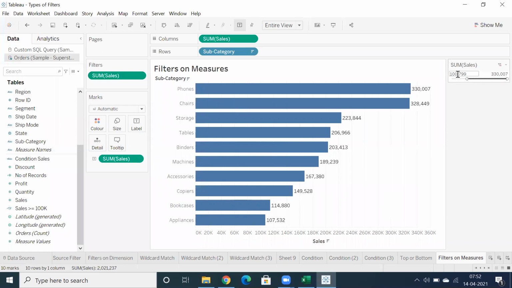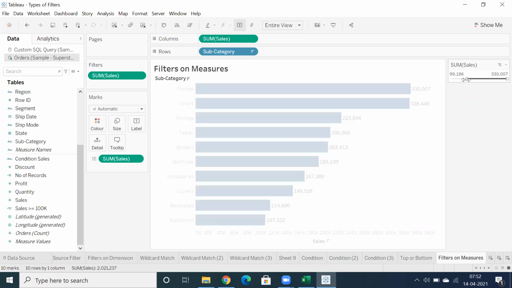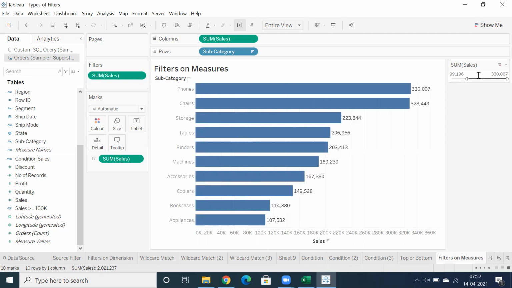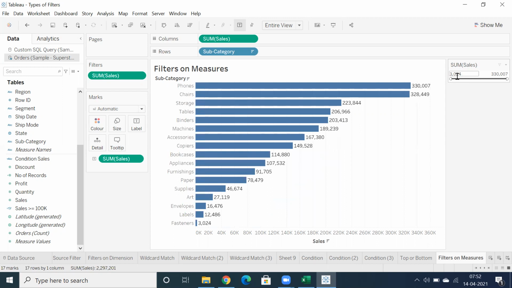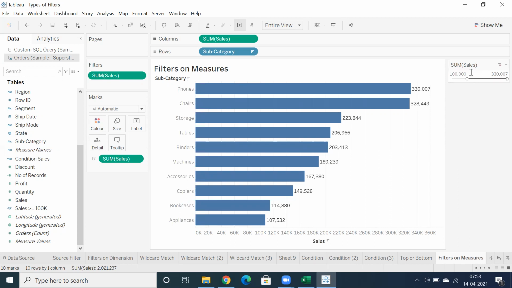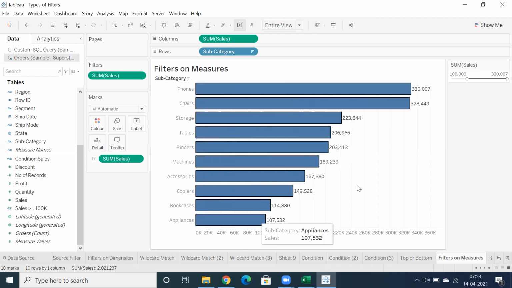So I'm able to fit at 100,799, but I want to fix exactly at 100k. I'm just trying to fit by using this scroll bar. I'm trying to fit exactly at 100k, but I'm unable to fix that. But we have a flexibility where you can type in actually. So yes, we have the slider. This is flexible, but even if you want to point exactly at a particular number, you can type in 100k.